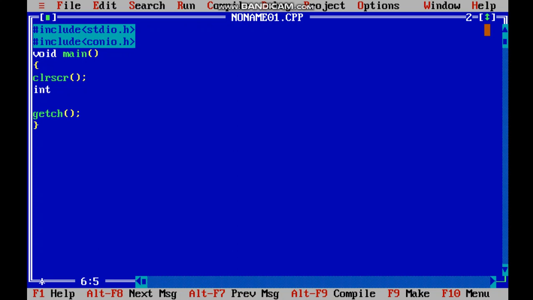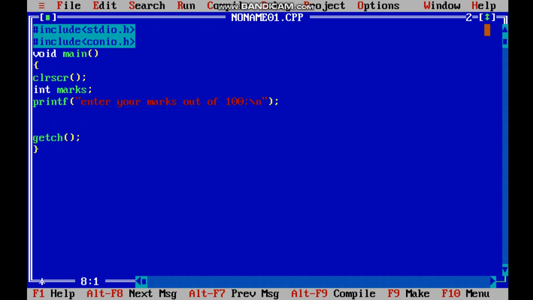We will use only one variable. It can be a or b, anything, but for better understanding we will use it as marks, that is an integer value. Now we will tell the user that you need to enter your marks out of 100. Okay, we'll provide them with a new line, that is \n.